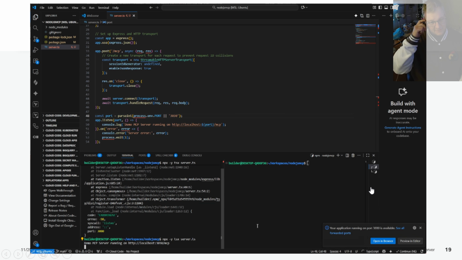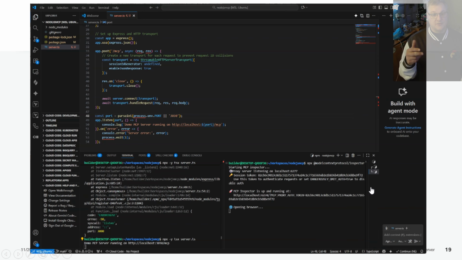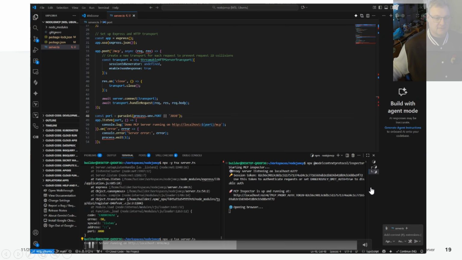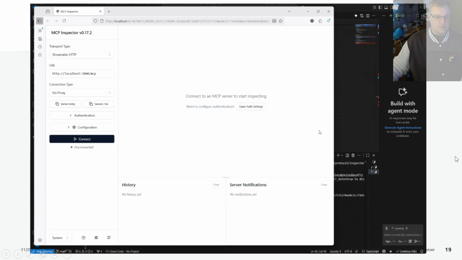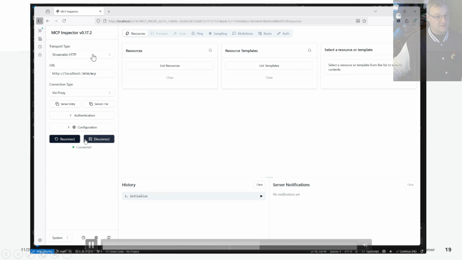And then the next thing you're going to want to do is use the inspector tool. So I'm not going to open up the server. Instead, I'm going to run the model context protocol /inspector, which you can open in a browser. And from there, I'll bring it over to the screen. We can now engage with our server, both streamable HTTP and standard IO. You would just set that right here. As soon as we can see it going,